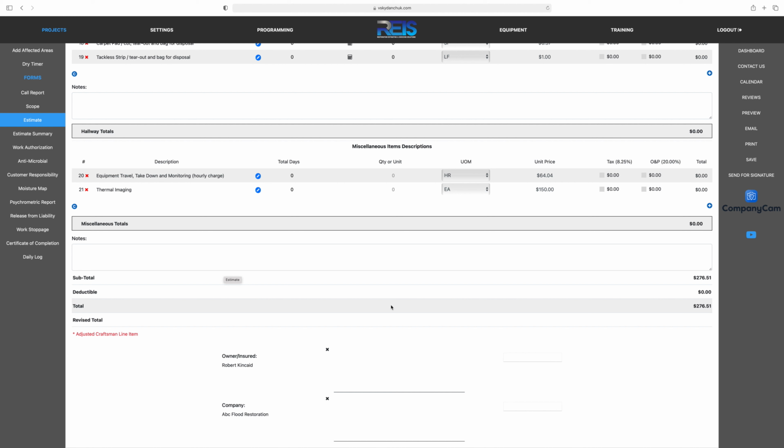All right, now, we also have something called revised total, which I like very much. So I'm going to click right here in the center, and look what just popped up: a note box. Let's say that you had a customer and you told them, listen, I'll do the job for $2,500. And you're going back and forth with it, and then, okay, all right, you're willing to do it for $2,200. So I would type in something like revised, agreed, total